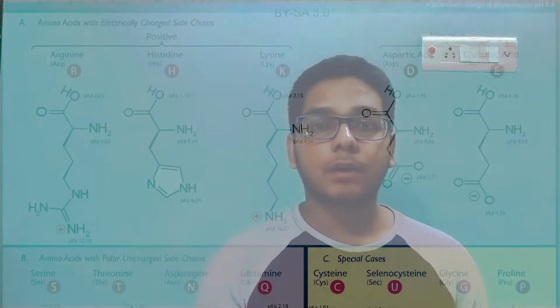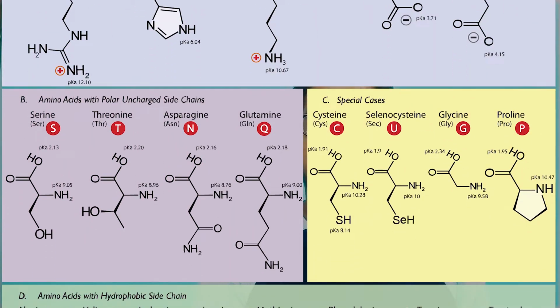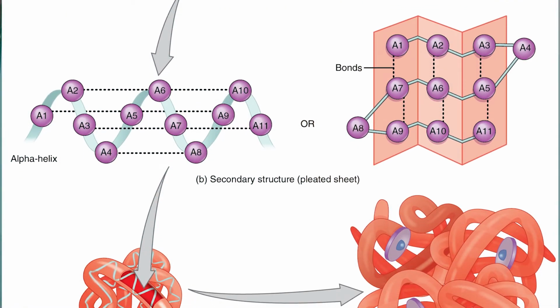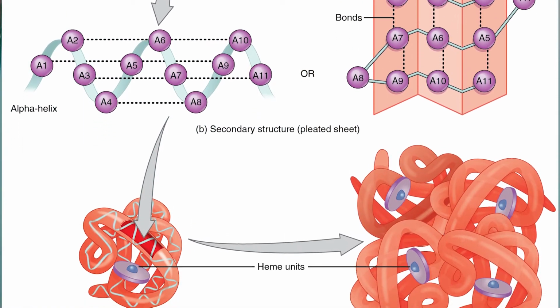Now, the functioning of the protein is mainly dependent upon its shape, or the way its three-dimensional structure is folded. Now, proteins are what we call as macromolecules. These macromolecules are formed up of smaller subunits, and in the case of proteins, the smaller units are called as amino acids. These amino acids are linked together to form a linear chain called as polypeptides, and these polypeptides undergo folding or conformation to form the final protein structure.